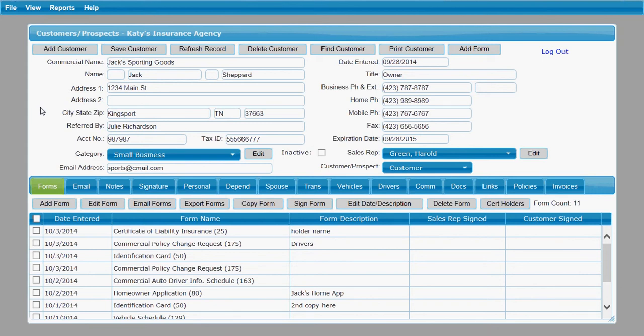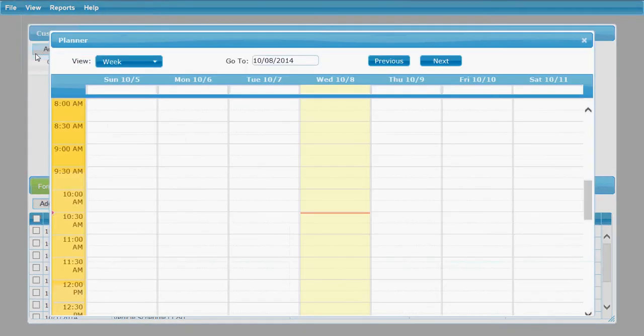One unique feature of our FormsBoss software is the ability to keep track of your schedule, various events and meetings and everything in our planner form. In order to access that planner form from the customer screen, you'll go here to the View menu and select Planner. And here you'll see it comes up with a basic calendar program,